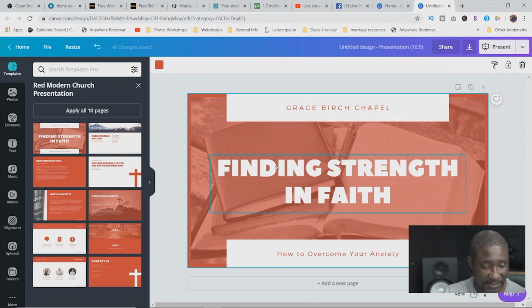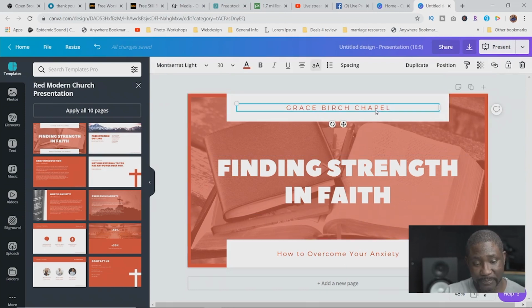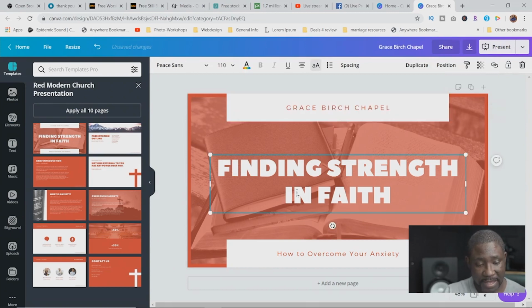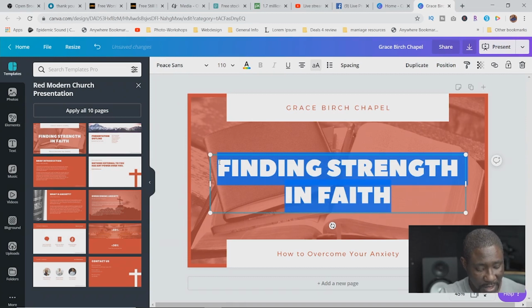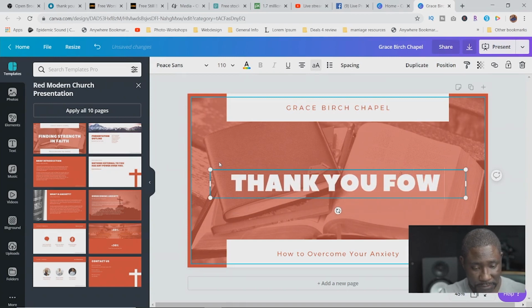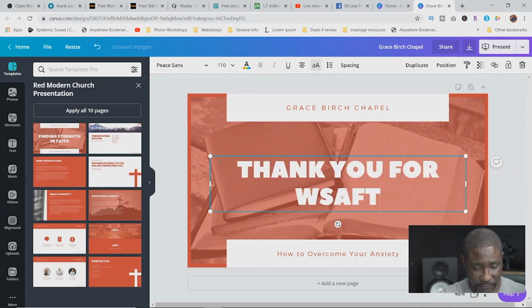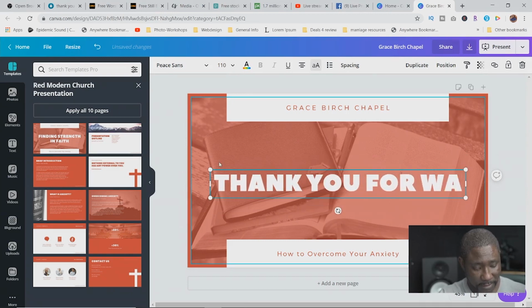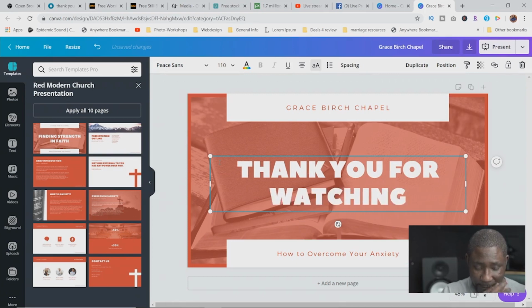We're going to leave it as it is. I'm not going to change that. You can put in your church name right here. So just double click, edit it, put your church name, and go over to the next slide here and let's change this to thank you for, let's say, watching for now. I can spell. Right, so I'm going to put thank you for watching for now,